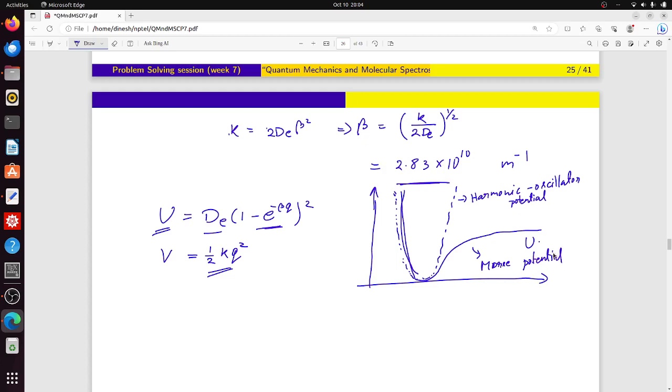I encourage you to do the plotting using some software. If you plot these two potentials, you will get this one. So you just try it. As today it's already time, we'll stop here and we'll meet